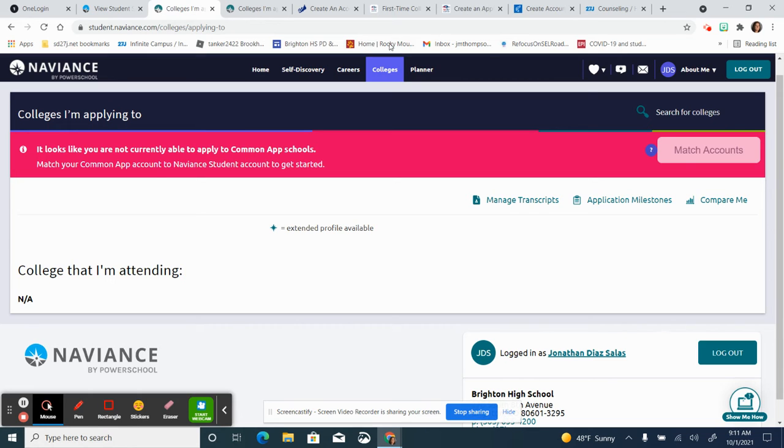You're going to click on colleges, and then colleges I'm applying to. And then you'll see a red bar that says match accounts. So it says, it looks like you're not currently able to apply to Common App schools. So Naviance is a platform that we send all the electronic transcripts, recommendation letters, and all that information. And so if the accounts aren't matched, the platforms cannot communicate with each other and we can't send those materials